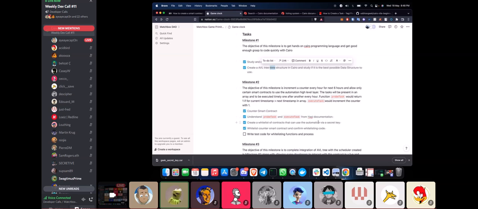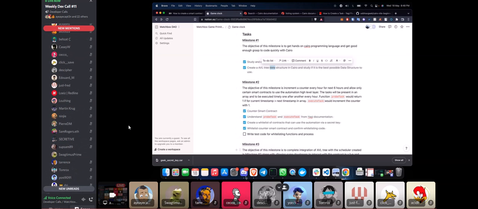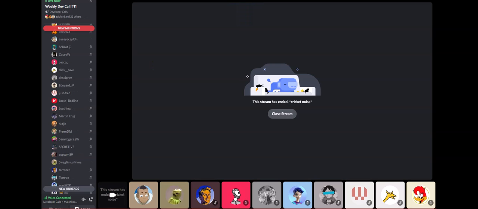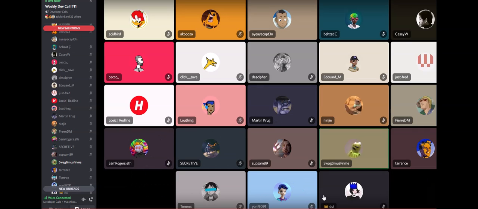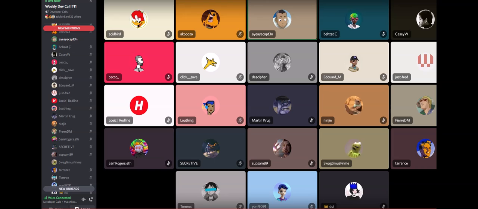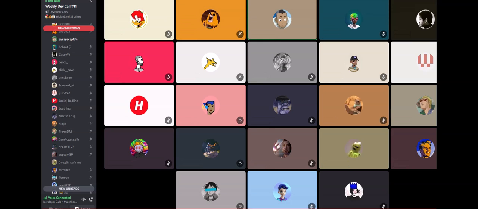Awesome, thank you. Do we have any questions for this? In terms of next steps for Game Clock, how long do you think it is going to take to complete the project from here? I think 2 more weeks would be sufficient for this project to be completed. Yeah, that's about it. And yeah, so once the whitelisting is figured out, the only thing that remains is